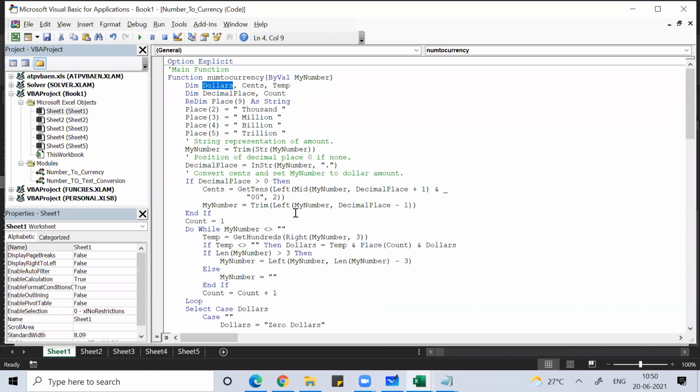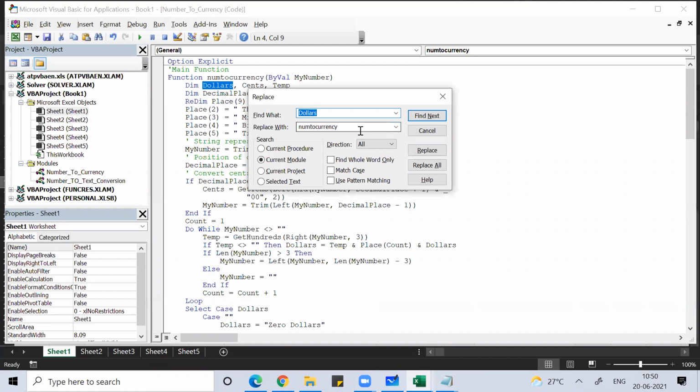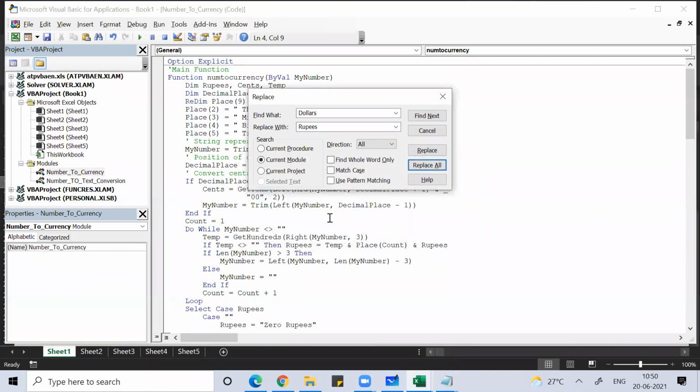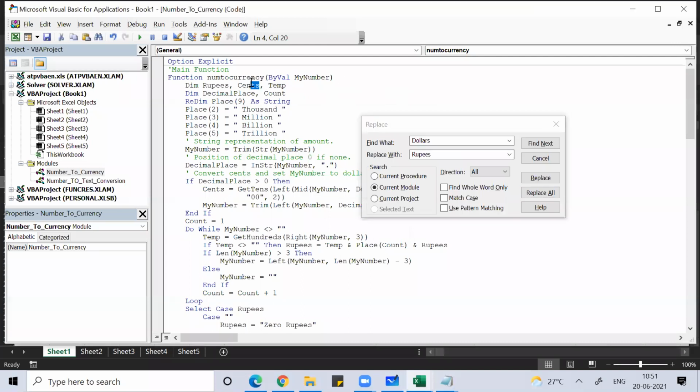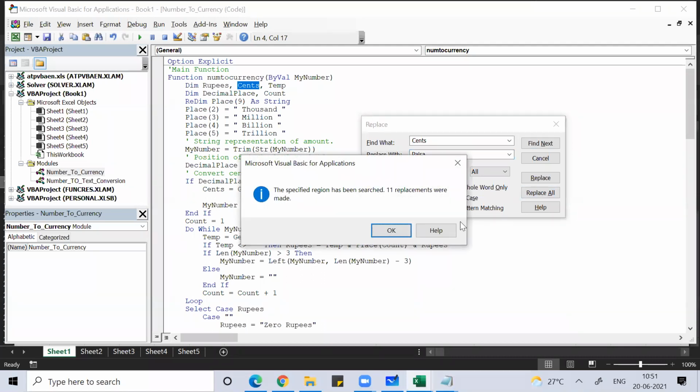I'll press Control H. Dollars with what? Dollars with rupees. So our currency is fine. Then next, cents with paisa. Replace.